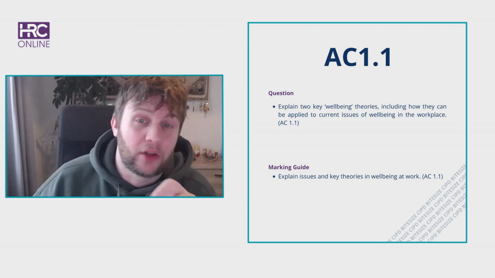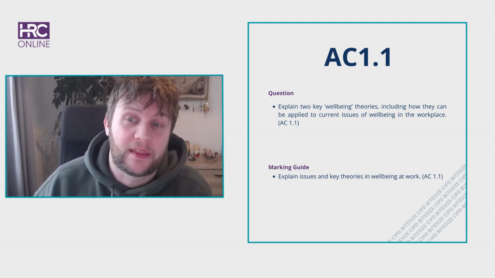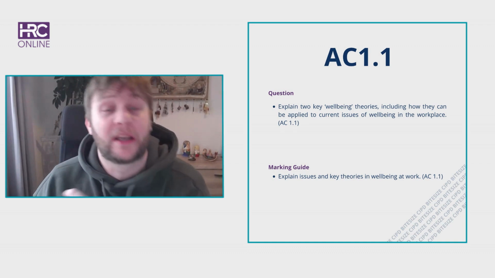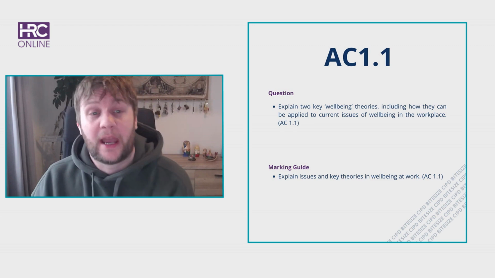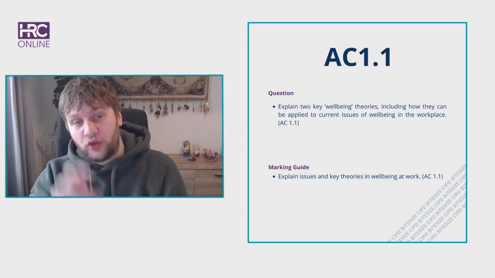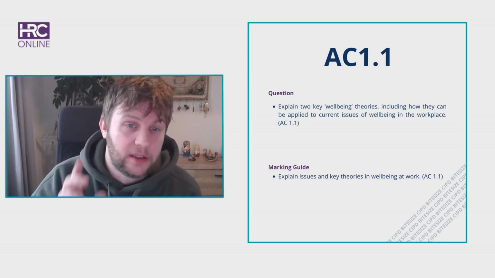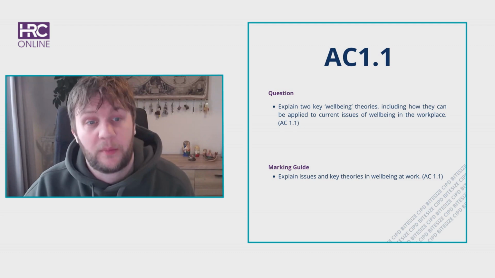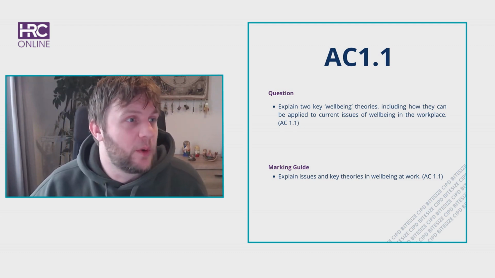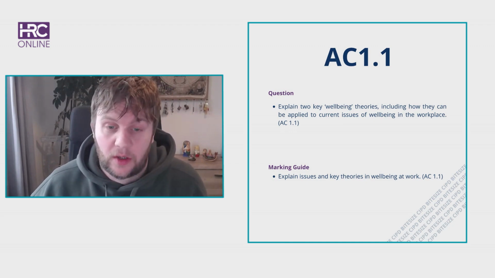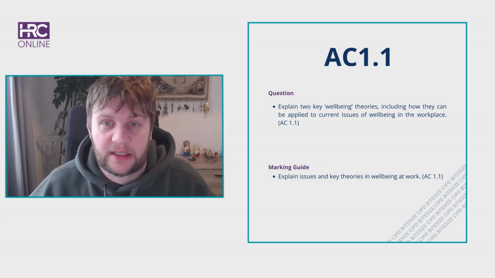In this one, I actually think the longer question, explain two well-being theories, including how they can be applied to current issues of well-being at work, is actually more helpful than the marking guide, which is just explain key issues. Now, you have 333 words to answer this question, because overall, when it comes to assessment one, you have a grand total of 2,000 words to answer 6 questions. So 2,000 divided by 6